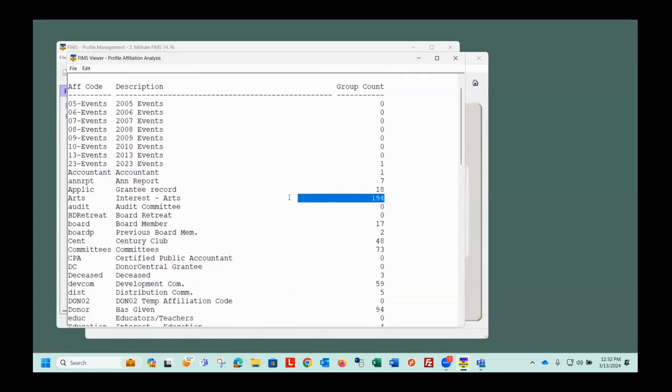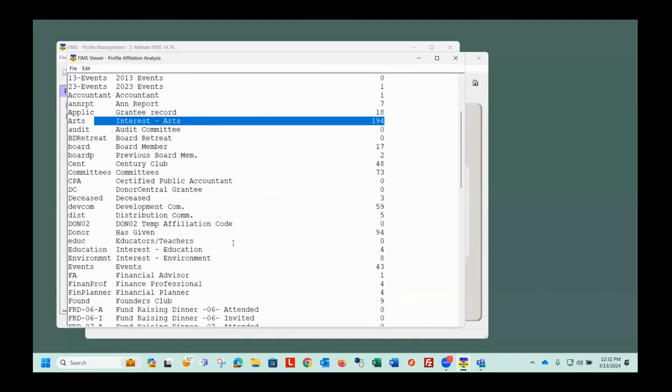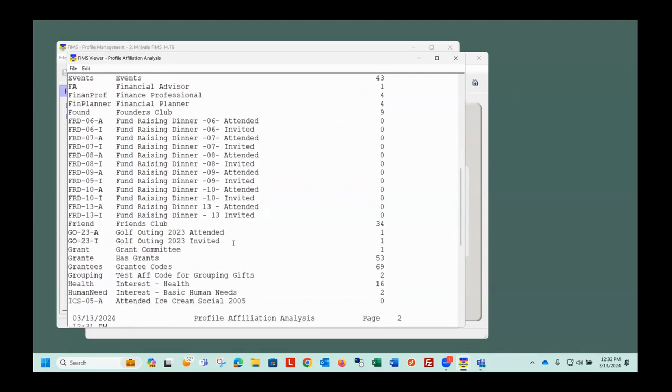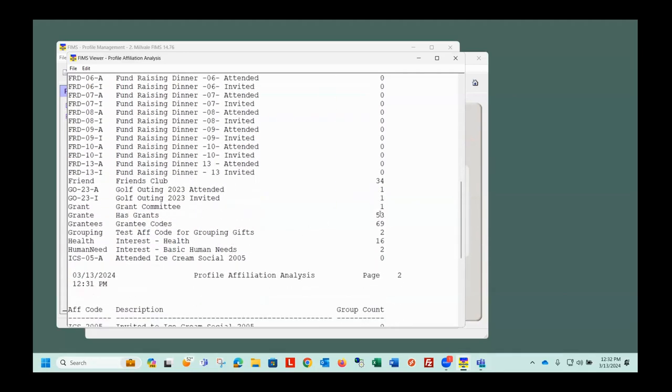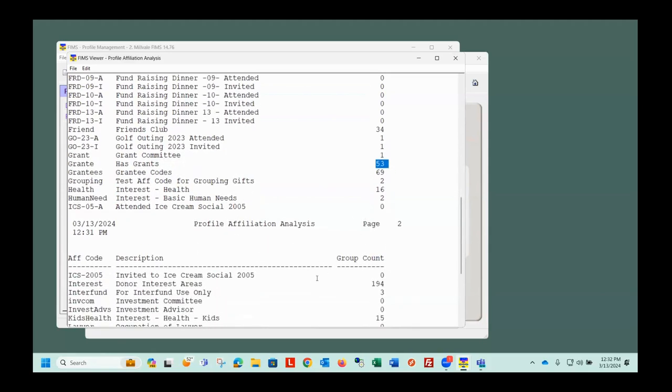I have 194 profiles that are interested in the arts. That happens to be an affiliation code that I've added to the profiles. And I'll go down. Grantee has my grantees, there's 53 of them. So this tells you the number of people that have those affiliation codes, but then you might say, hey, okay,